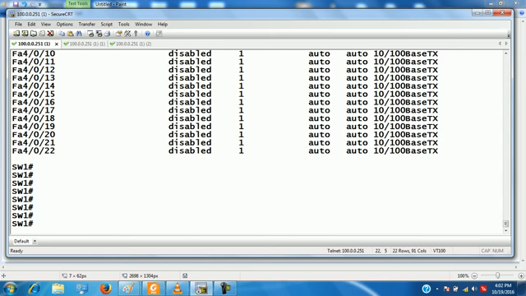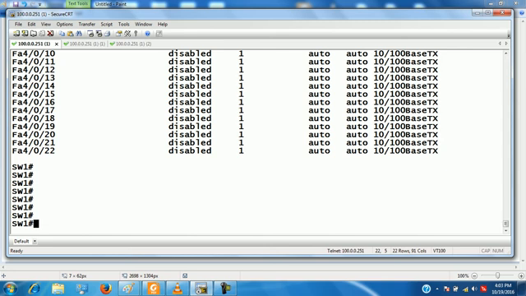If that condition does not exist, they will work in normal state. So this will reduce administrator overhead. Is this clear to all of you? I don't think so, it is a difficult point to understand. No, it is very easy. So how to configure error disable recovery?